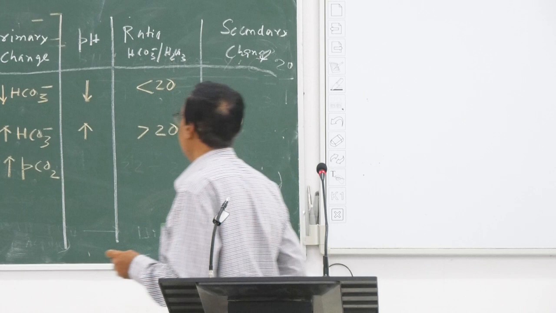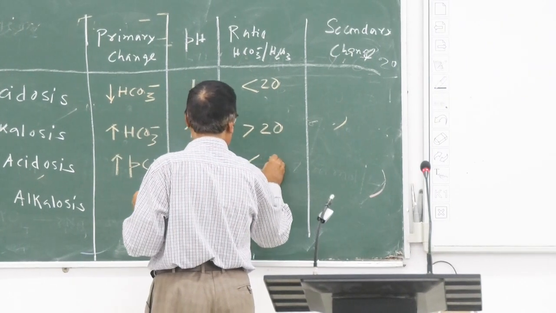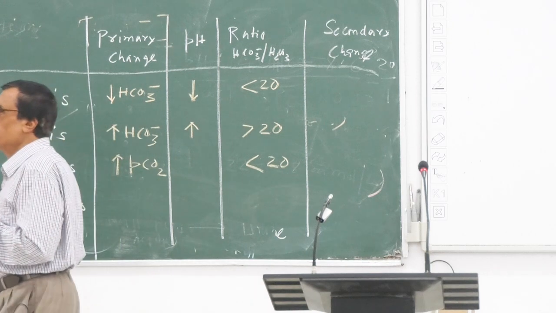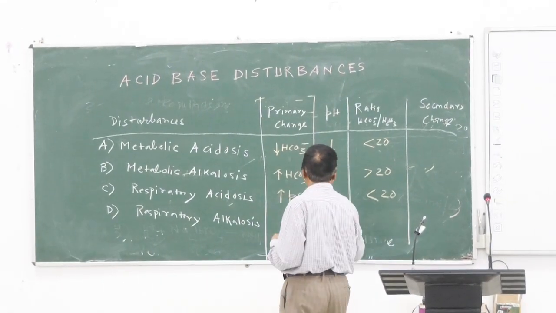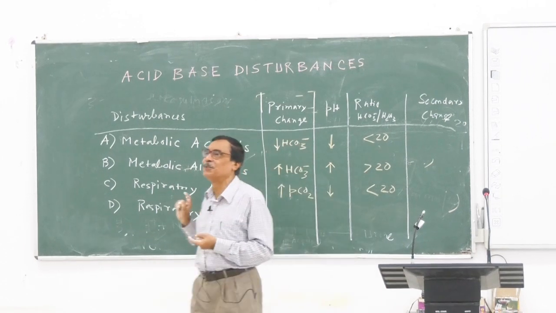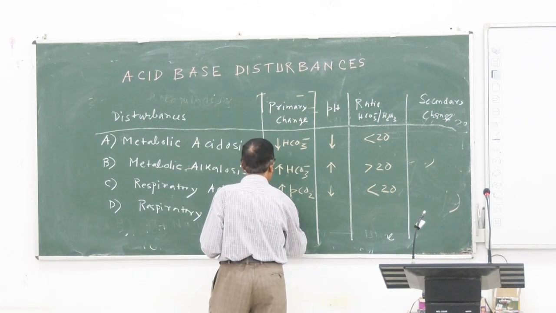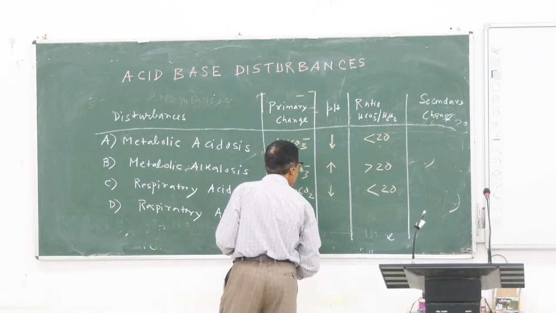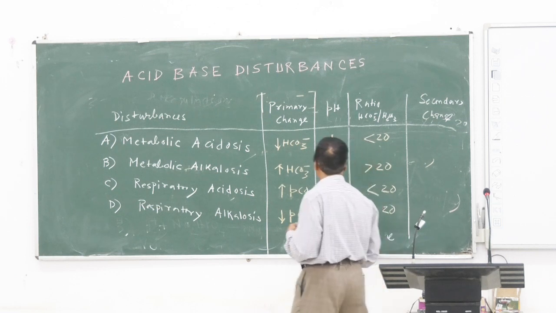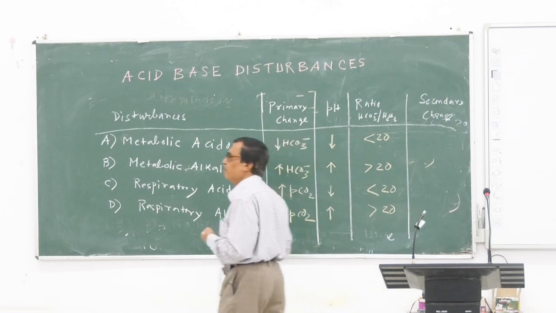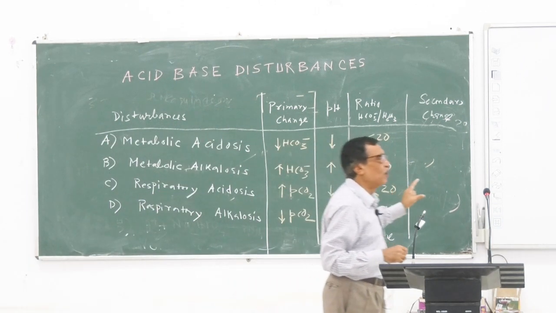45 এর উপর PCO2 উঠবে, তাহলে কি হবে? রেশিওটা কি হবে? লেস দ্যান 20। নিচেরটা বেড়ে গেছে, উপরেরটা ঠিক আছে, তার মানে রেশিওটা কমে যাবে। রেশিওটা 20 কমে হলে তার মানে it is acidosis, and this type of acidosis is respiratory acidosis. অ্যালকালোসিস, এখানে PCO2 কমে যাবে, PCO2 কমে যাওয়া মানে রেশিওটা বাড়বে, রেশিওটা বাড়বে মানে পিএইচ বাড়বে, that is respiratory alkalosis. এই জিনিসটা মনে রাখতে হবে তোমাদের। কি কি অল্টারেশন হয়, প্রাইমারি চেঞ্জ কি হয়।